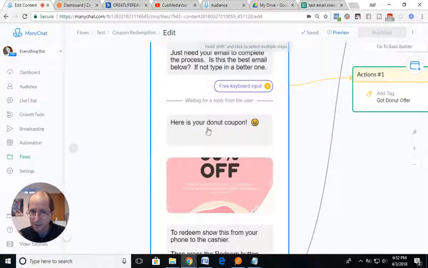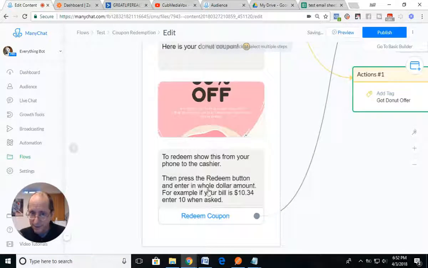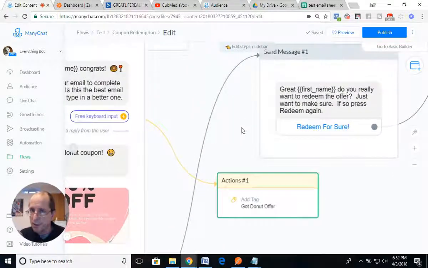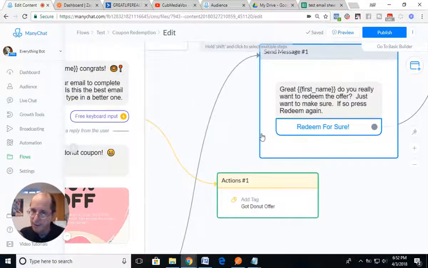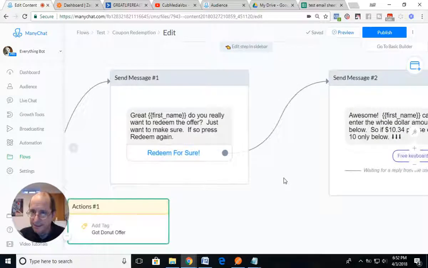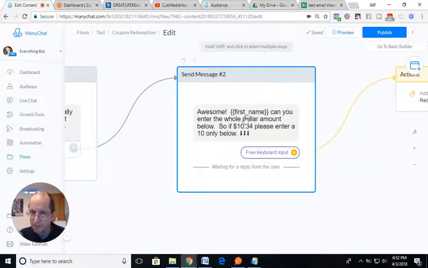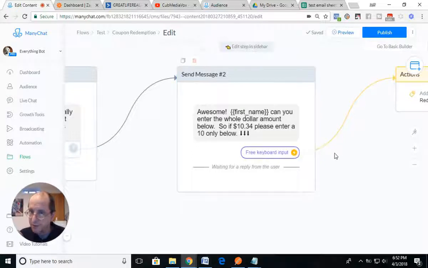Back in there. Here's a donut offer. They have it. And now they can redeem it. But let's say they haven't redeemed it yet. And the next day comes and now they come in to redeem it. They redeemed it. And you're going to say, do you really want to redeem it? Awesome. Please enter the dollar amount. Once they enter the dollar amount,